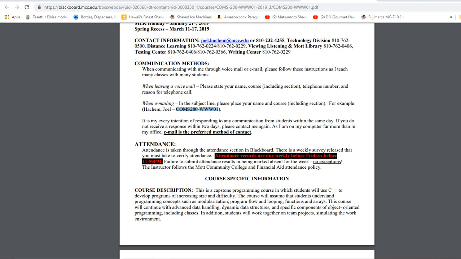Attendance is completed in Blackboard as a survey. That is purely needed for financial aid purposes. At the beginning of every week, every Saturday, you'll have a quick link survey that pops up. You click on it telling you, are you present for the week? Yes, save and submit. That's basically what it is. So if you're paying out of pocket and you do not care about financial aid, then you don't even have to worry about the attendance.